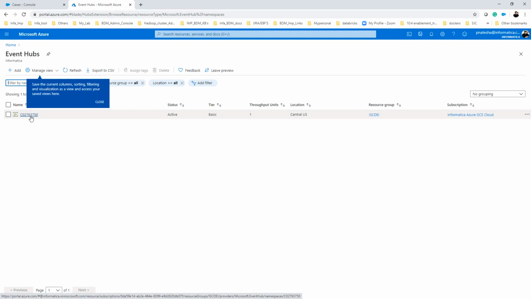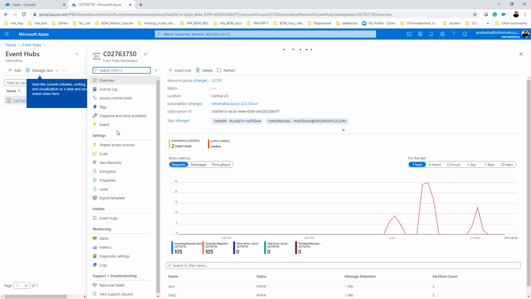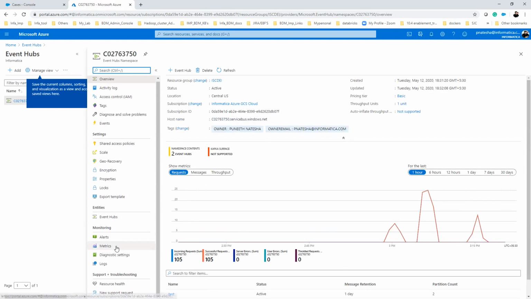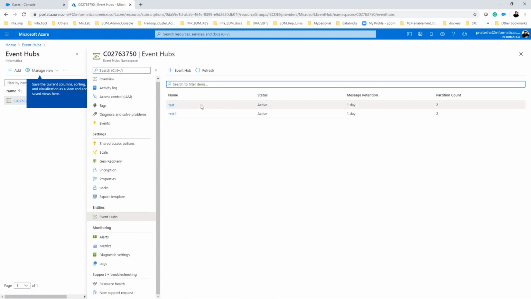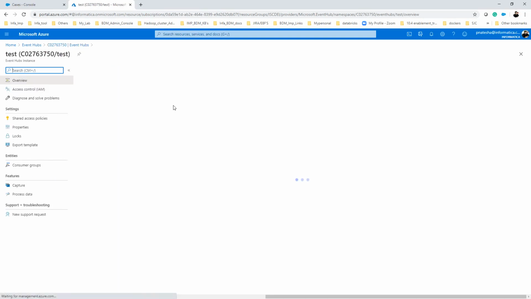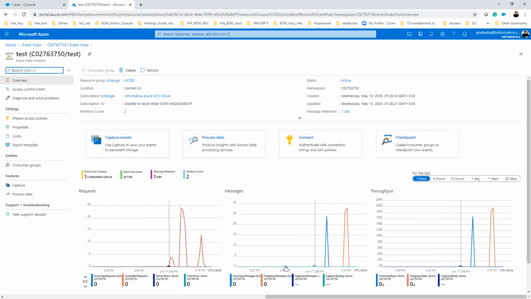From the Azure portal, we will quickly check whether the Event Hub has data or not. Here I have a few topics. I will be using this particular topic for my messaging as a source. I just pushed a few messages to the Event Hub a few minutes back. You can see the throughput, and also you can see some messages here. Now I will be loading these messages to ADLS Gen 2 as a target.